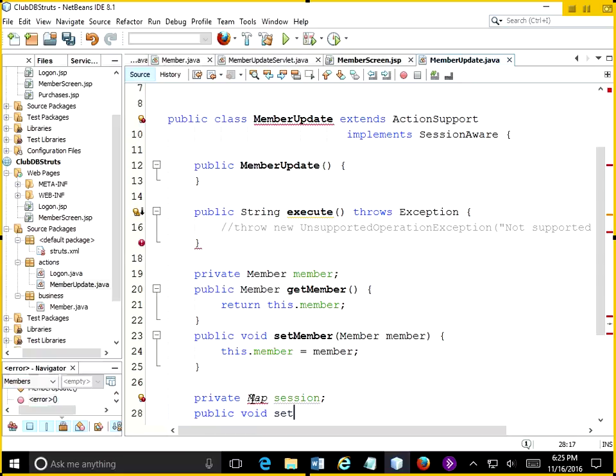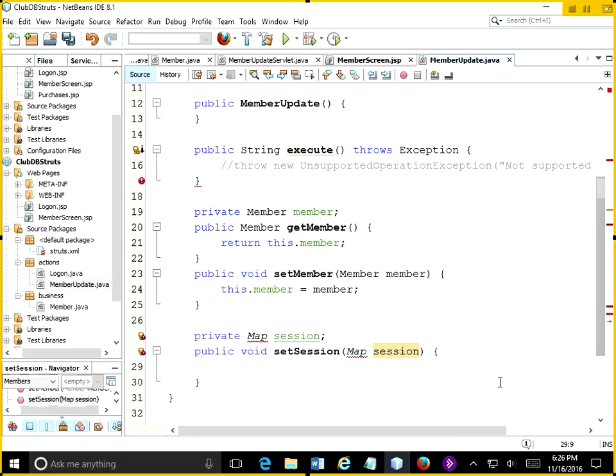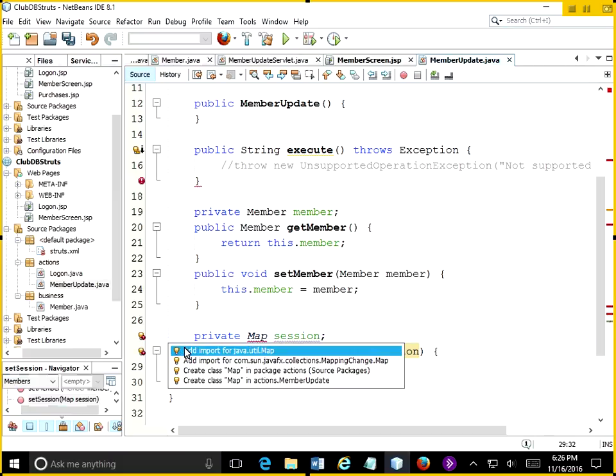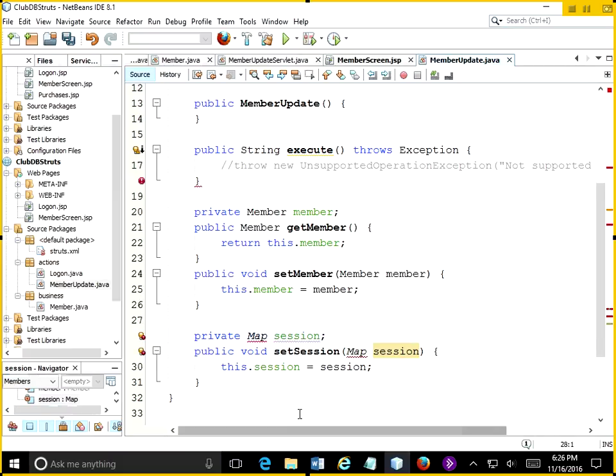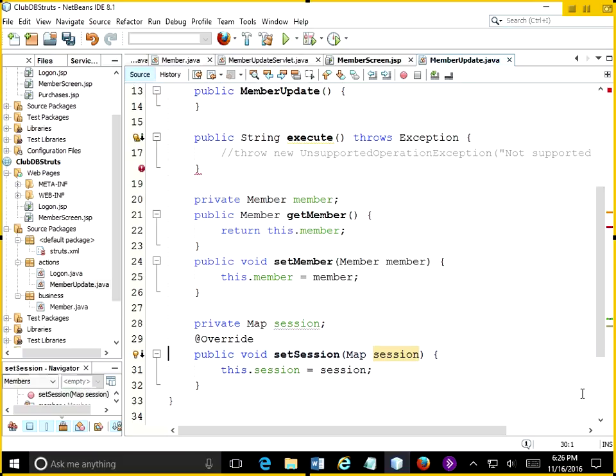which has a public void set session receiving a map called session, or an argument for session, and then this session equals session. Okay, now we need the import for map, and then it should be happy. Oh, and it wants the override. Okay. So far, that's all of our action. We've got